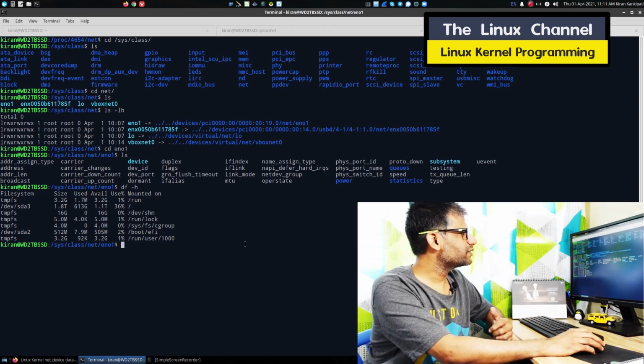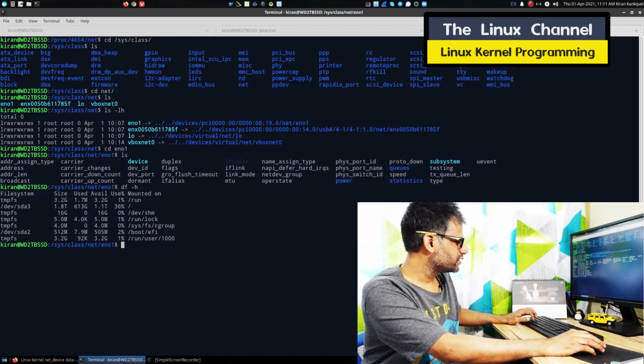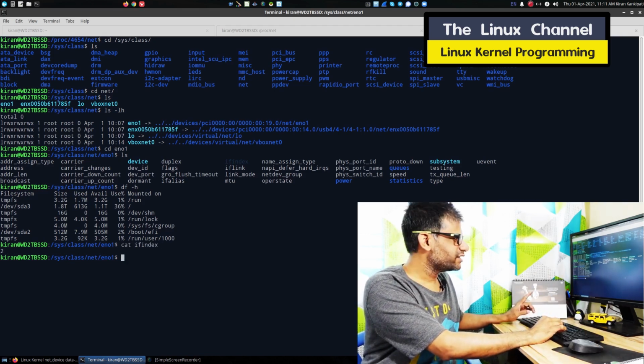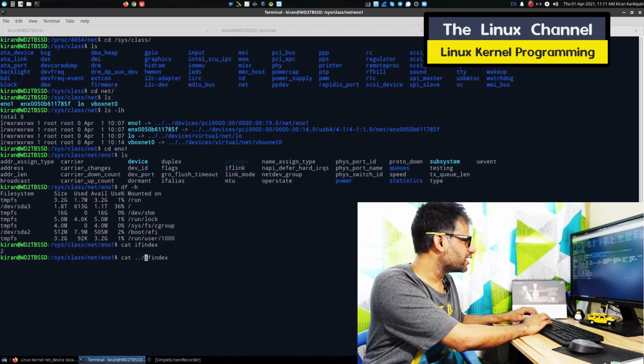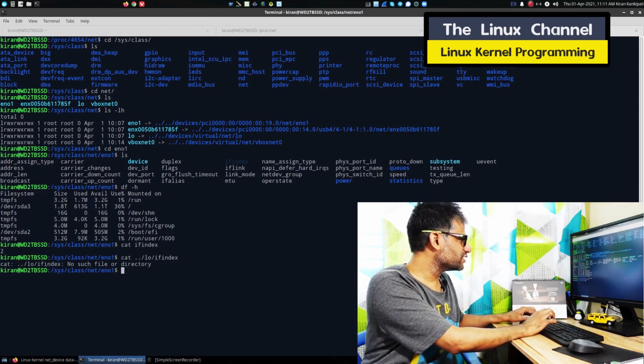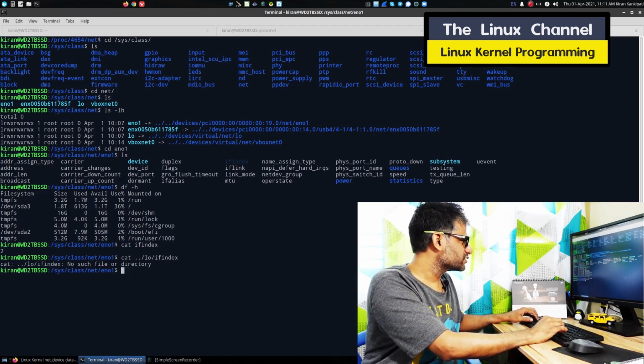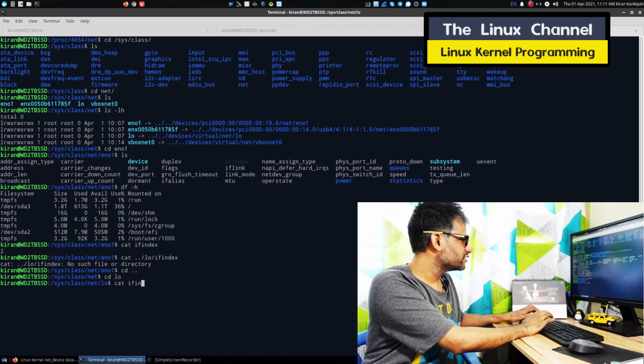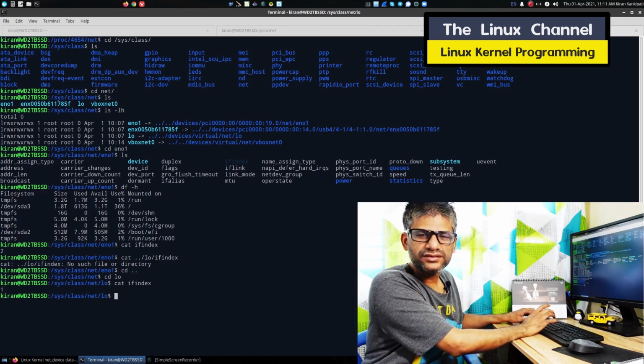In that way, we have this ifindex. If you cat ifindex, it shows 2, and we can see the ifindex of the loopback interface. So I go back, cd loopback, cat ifindex, and you can see it starts with 1.